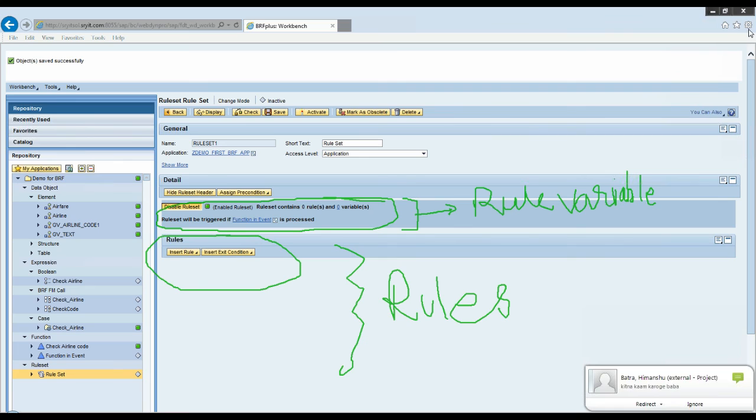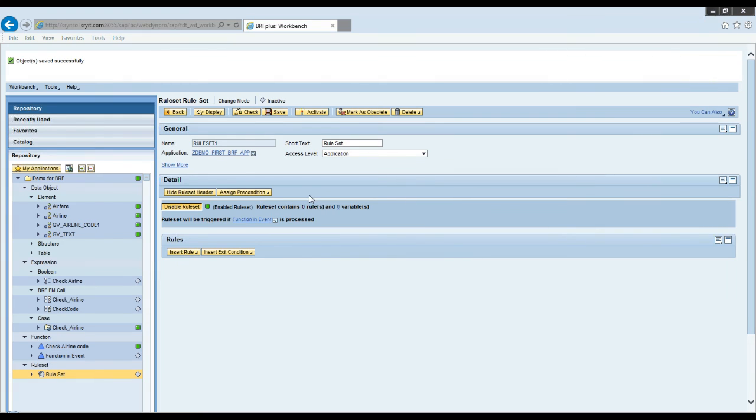All that we can define using this. Okay, that's my rule variable and rules. So let me erase the drawing.